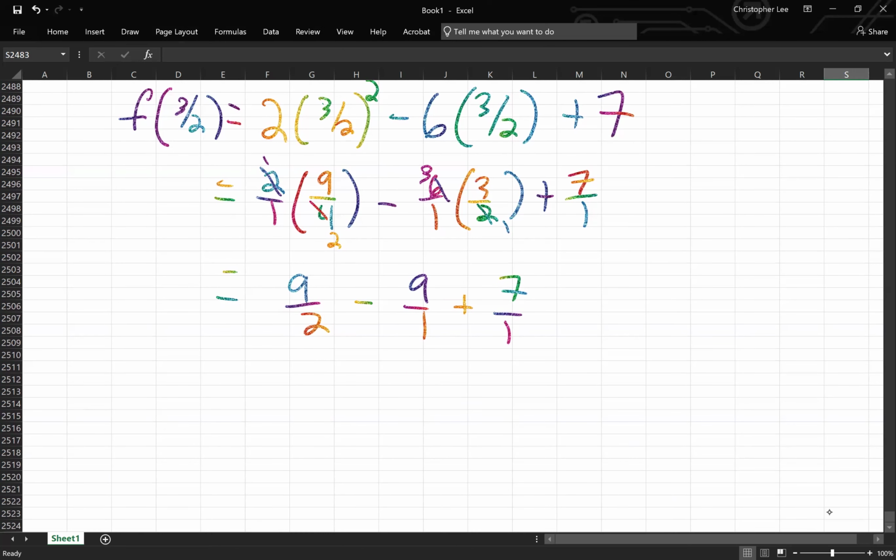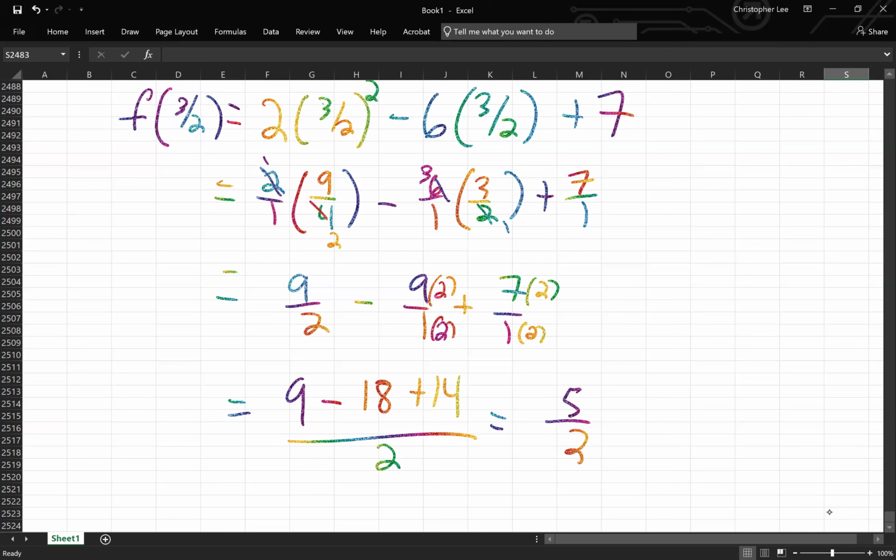Now, in order for me to put these together, I gotta just have the same denominator. Multiply this by 2. What I do to the bottom, do to the top. Multiply this by 2. I do to the bottom, do to the top. So what do I have? I have 9 minus 18 plus 14, all divided by 2, right? Let's put these together. What's that, like 19, 23? So 23 minus 18, what's that, like 5? 5 over 2, right? This is my K,